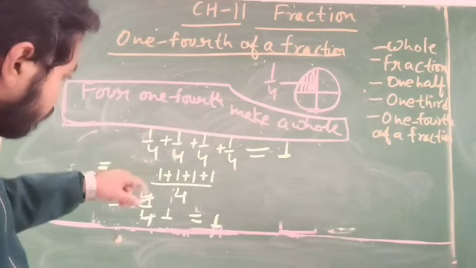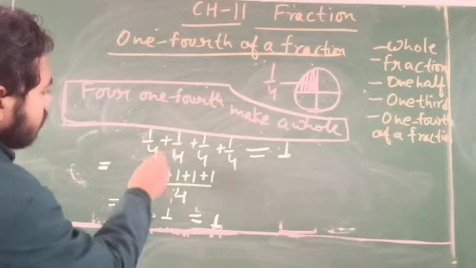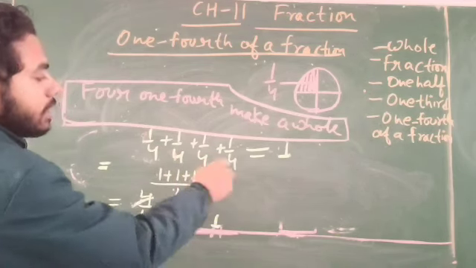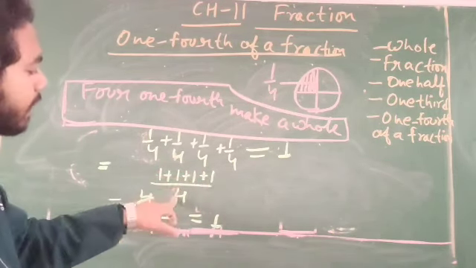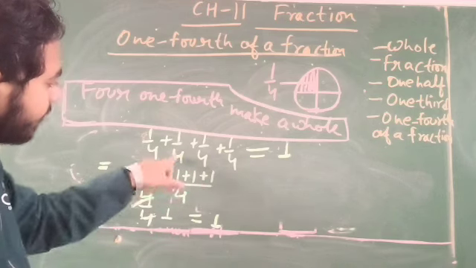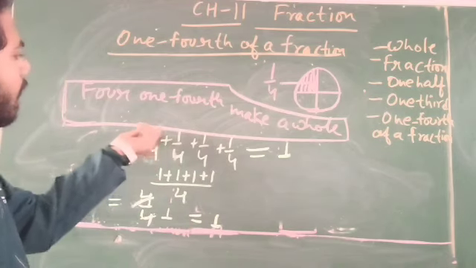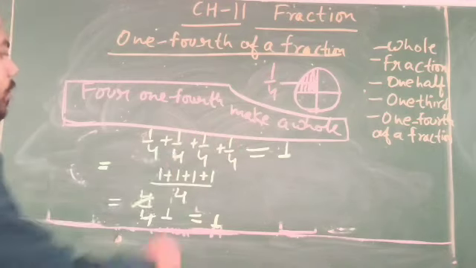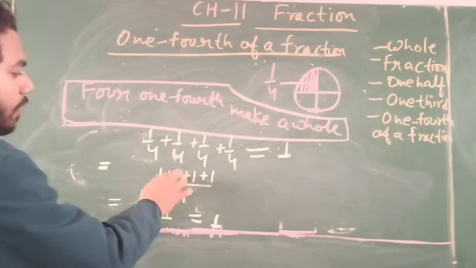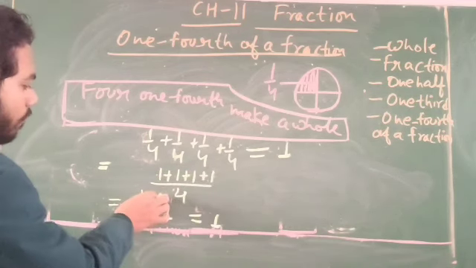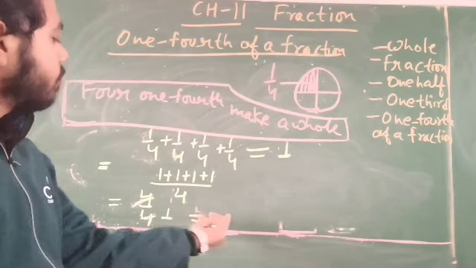So let's again try to understand how it becomes. If the denominators are the same, we write the denominator 1 time, as I have written here, and we add all these numerators. So when we are adding 1, 1, 2, and that is 3 and 4, we got 4 by 4, and 4 by 4 represents 1. Okay, 4 by 4 means 1.